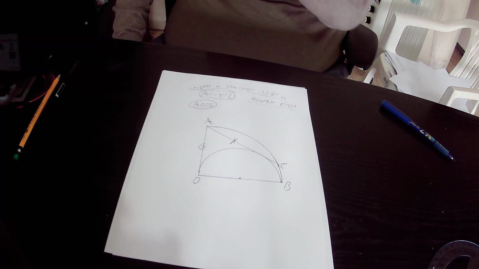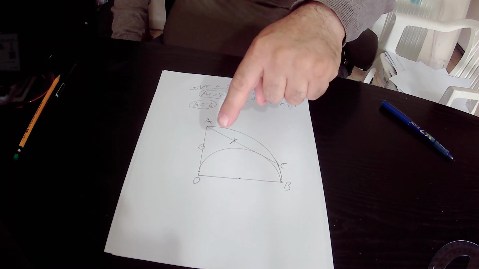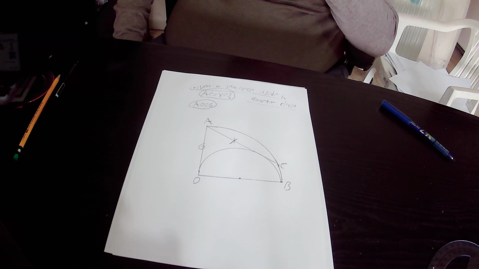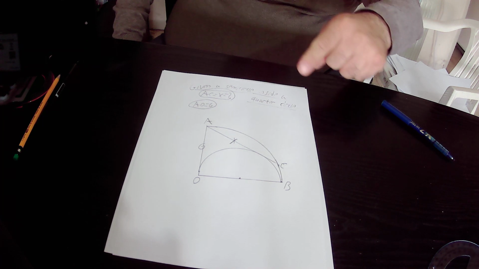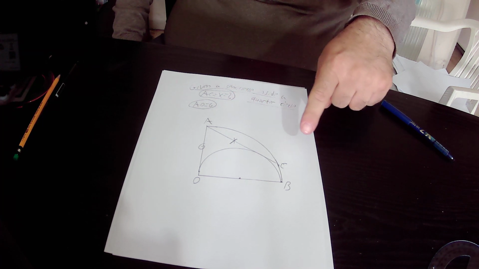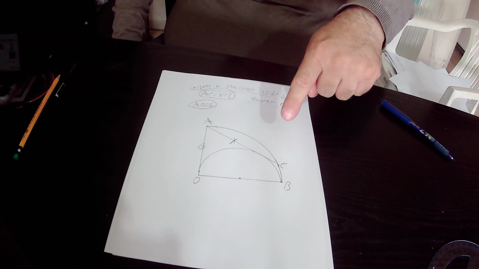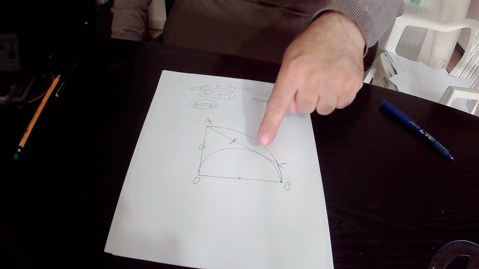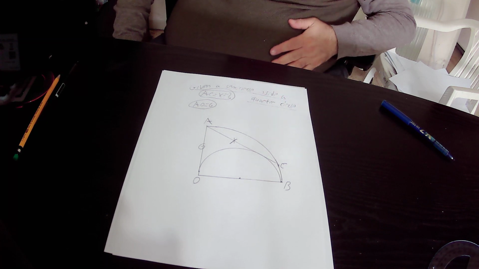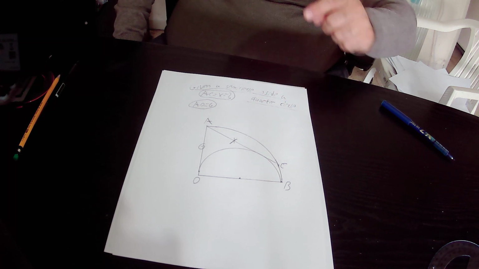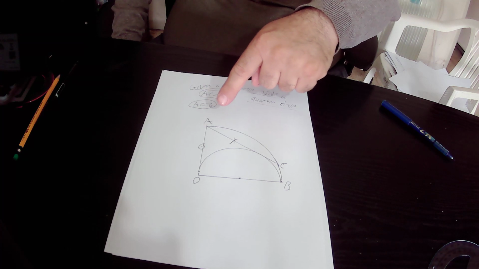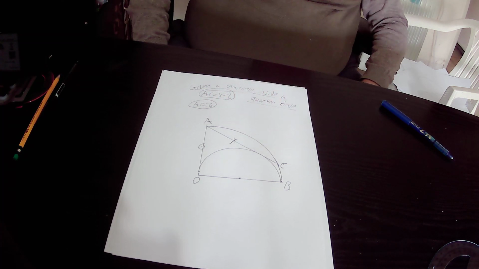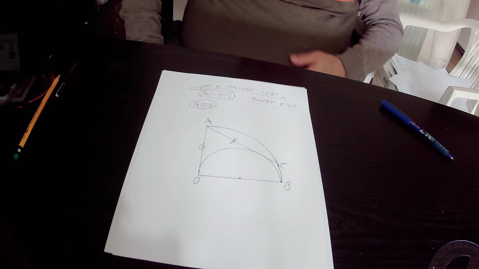We know that side AO equals 6 units, and side AC is tangent to the semicircle at this point. And we want to find out the length of line segment AC, which is equal to X. So we start with the first method,